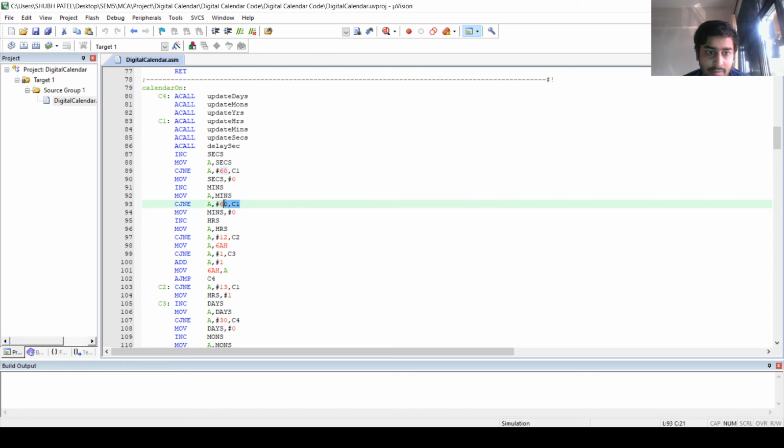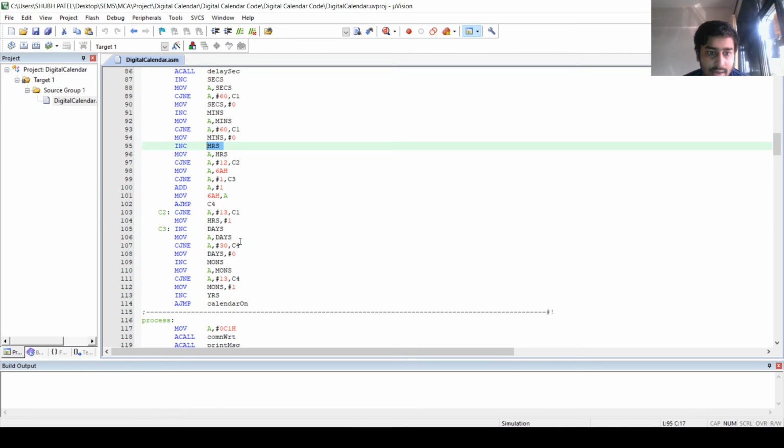Similarly, when minutes reach the count of 60, it will get cleared and hours will be incremented by 1. Similarly, when days reach 30, days will be cleared and months will be incremented by 1, and this process is the same for hours, years and everything.